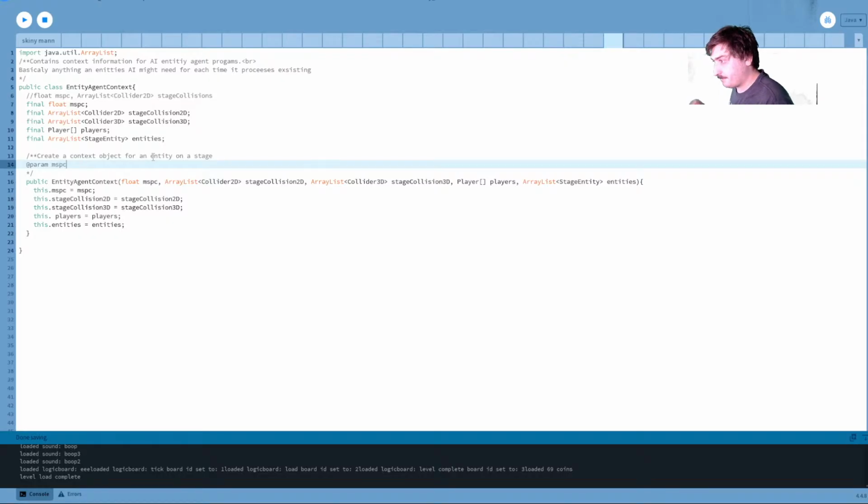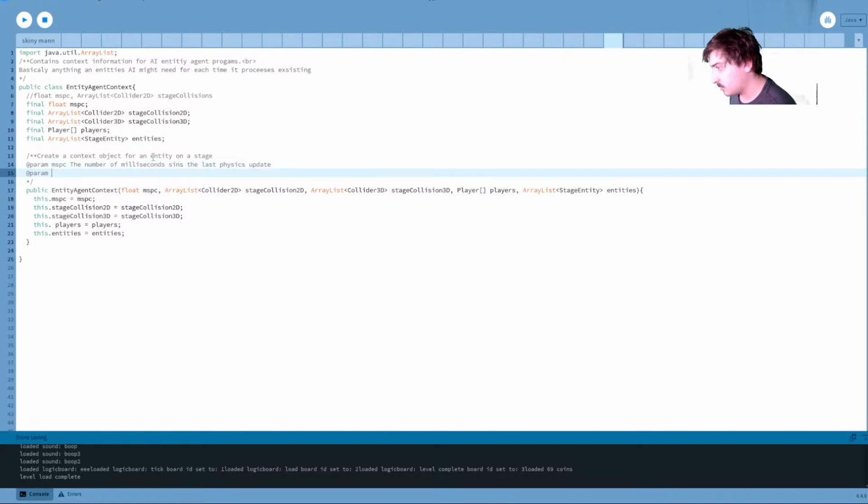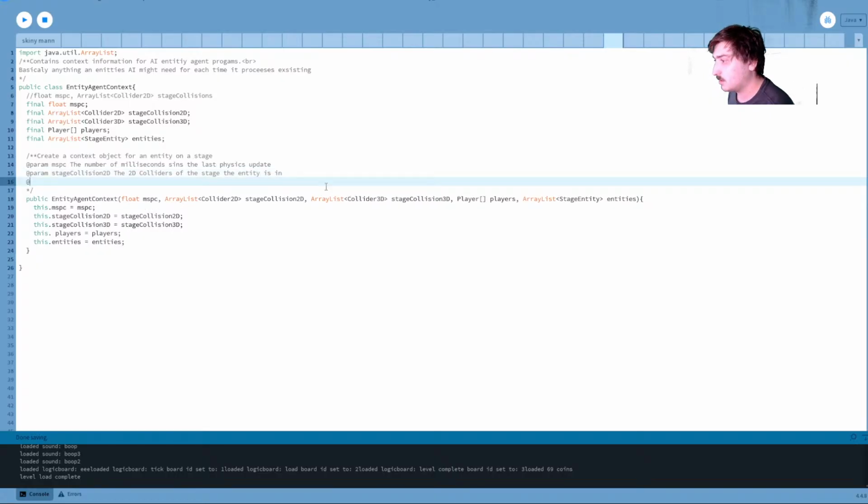So the number of milliseconds is the last update. The 2D colliders of the stage that entity is in.